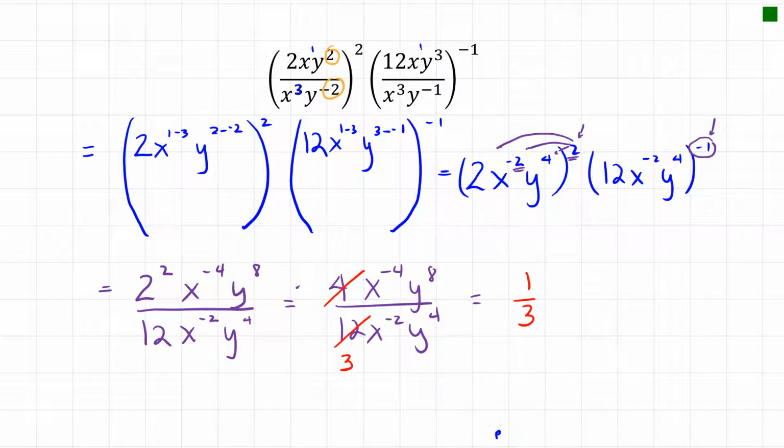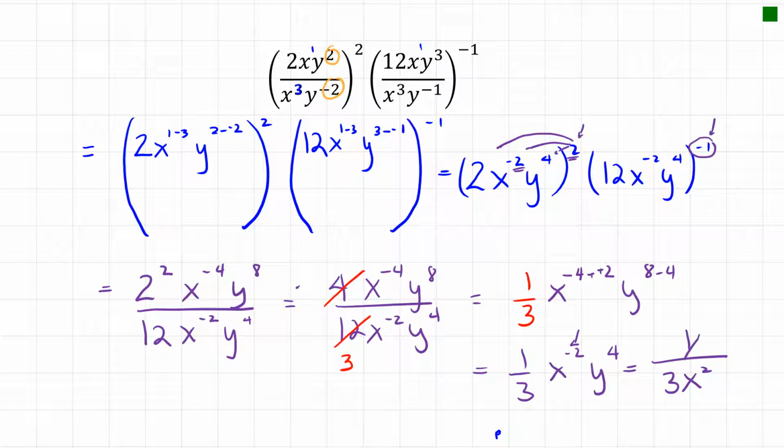And dealing with the exponents, I'm going to subtract. So negative 4 minus negative 2 and 8 minus 4. So that equals 1/3 x, minus negative 2 is going to be added there. So that's negative 2, y to the 4th. And simplifying one more step, this negative pushes the x into the denominator with the 3, and the y stays on the numerator. So